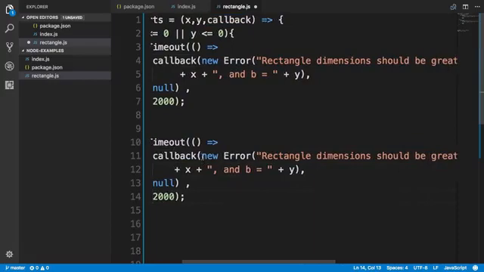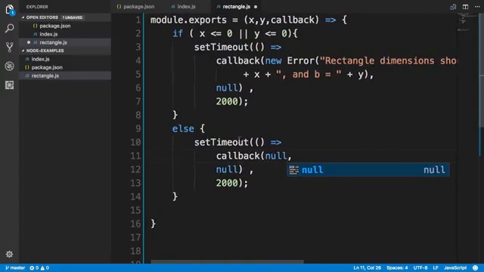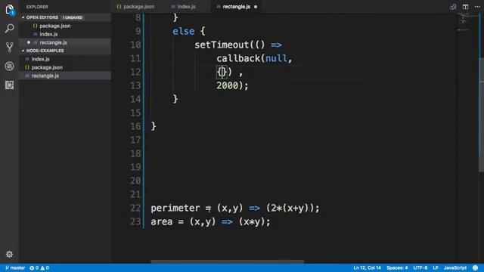But the first part is not going to be an error. Instead, in this case there is no error, so I'm just going to pass back the value as null. So that means that the error is set to null. So this is a valid rectangle, so we can compute the values for the rectangle. But instead, I'm going to simply pass in a JavaScript object containing the two functions as the two values inside this JavaScript object. So here I'm going to take the perimeter and the area,